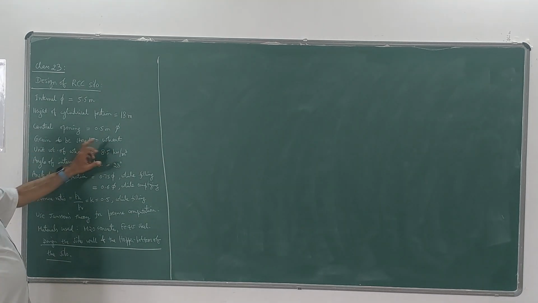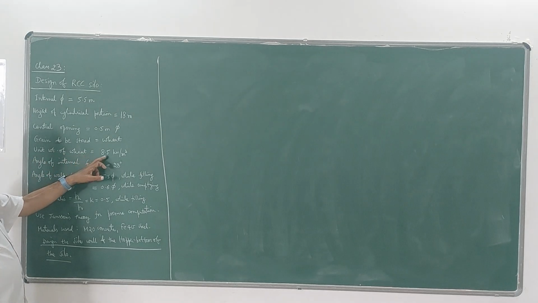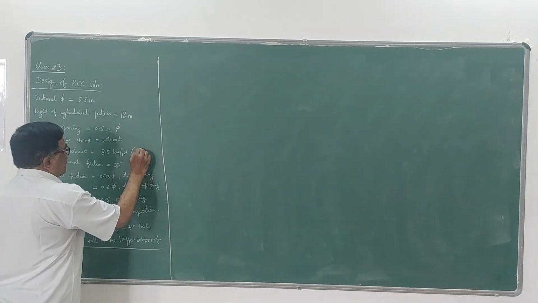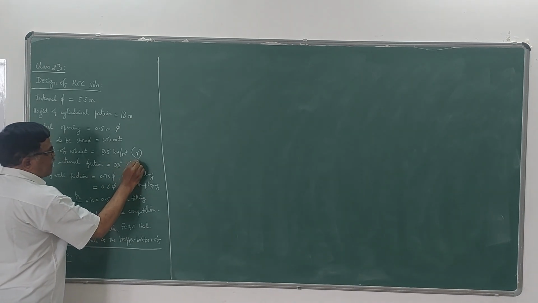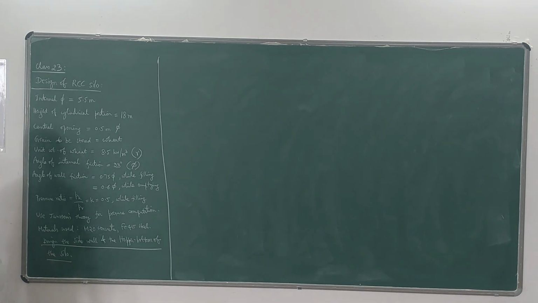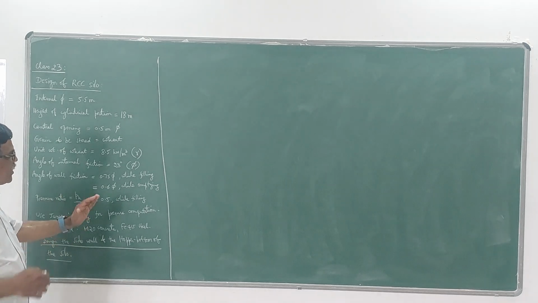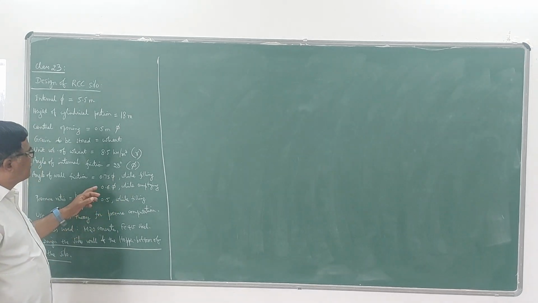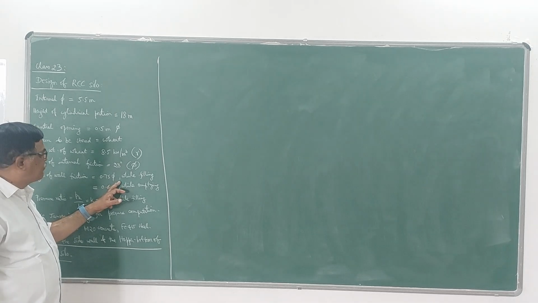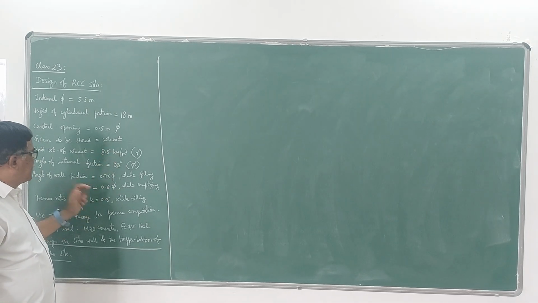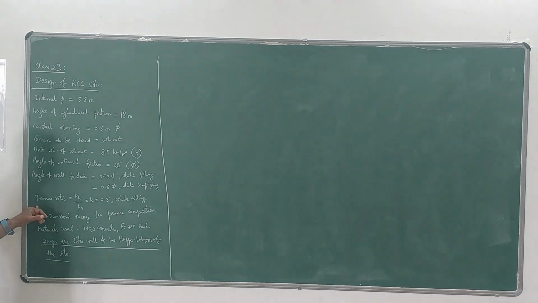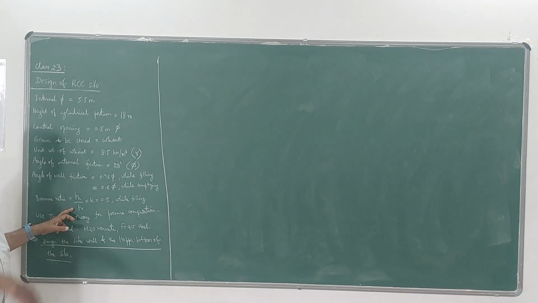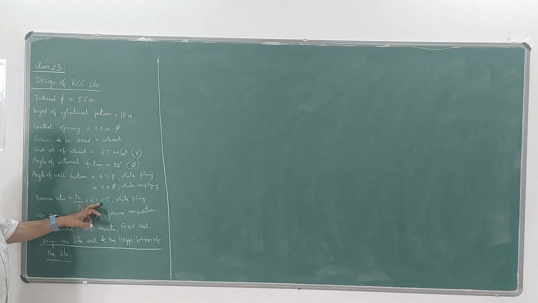Grain to be stored is wheat. Unit weight of wheat is 8.5 kN per metre cubed, that is the gamma value. Angle of internal friction is 28 degrees, that is phi value for that wheat. Angle of wall friction will vary during filling and emptying. During filling it is 0.75 times phi, where phi is 28 degree, and during emptying it is 0.6 times phi. The pressure ratio is pH by PV, as I explained in the earlier video, which is K given as 0.5